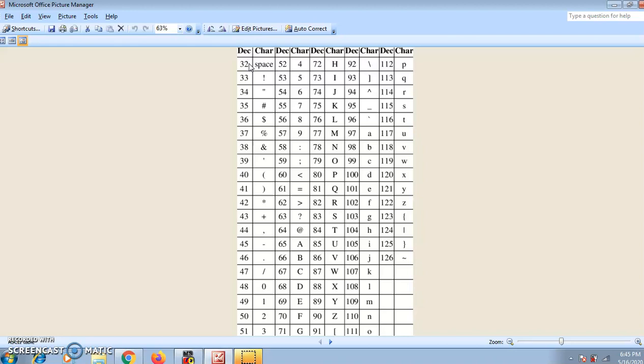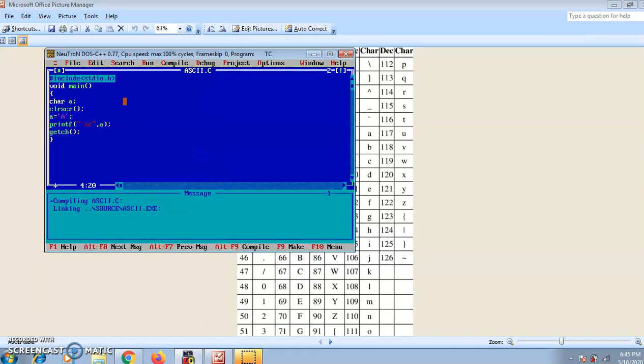That is why we need 8-bit representation, and that is why you assign ASCII values to every character. Now we will check whether these ASCII values are correct or not. That means for A, the ASCII value should be 65. So we will check in our program.